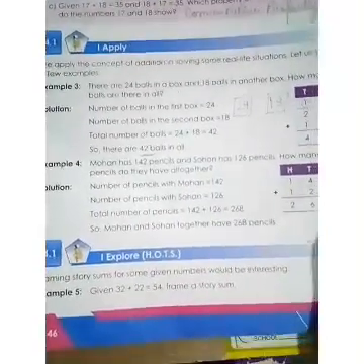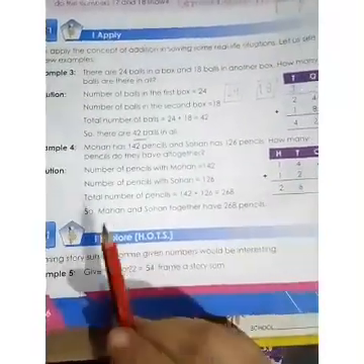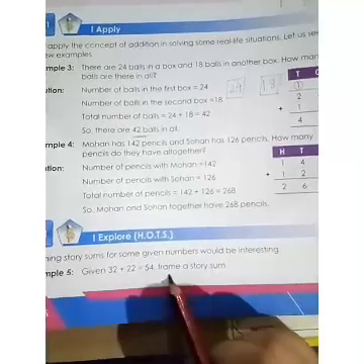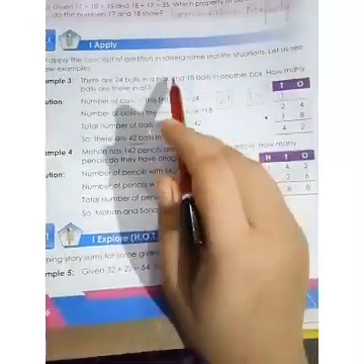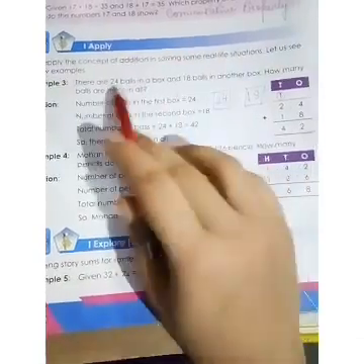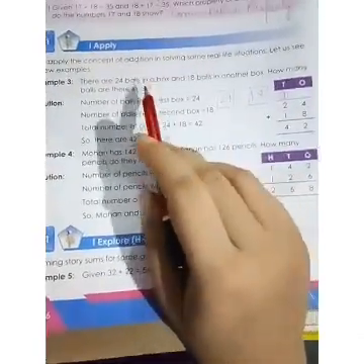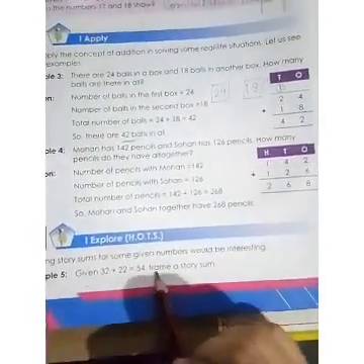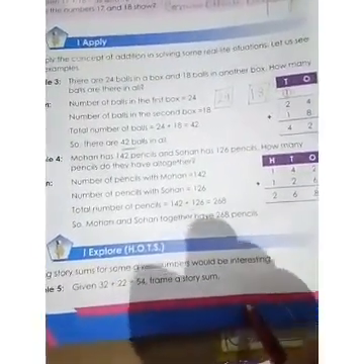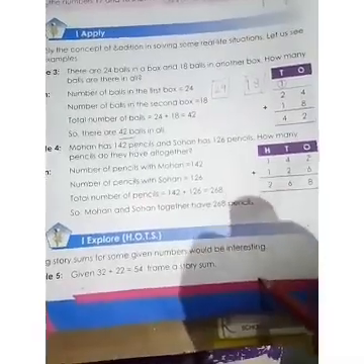Now there is one question given here, example 5. Some numbers are given here and you have to make a story. What is given here? Balls. What is given here? Pencils. Next, the numbers are given here. You can make a story of your own. Now in the next page you can see, children, when we are doing the textbook like this, you can open your textbook and follow.